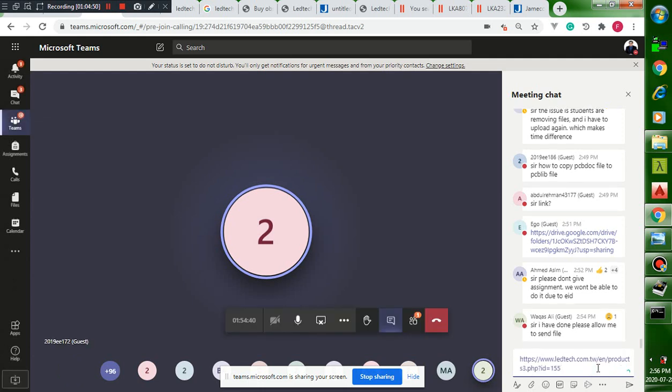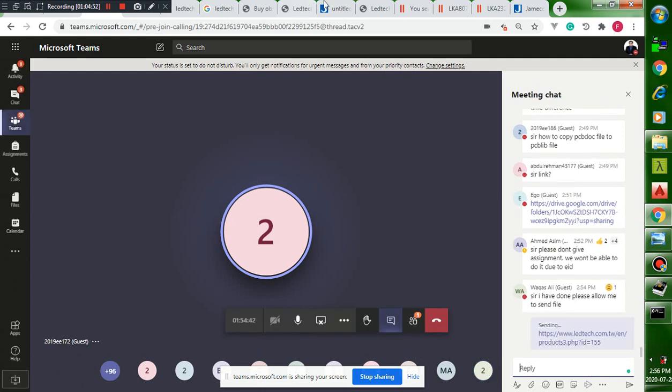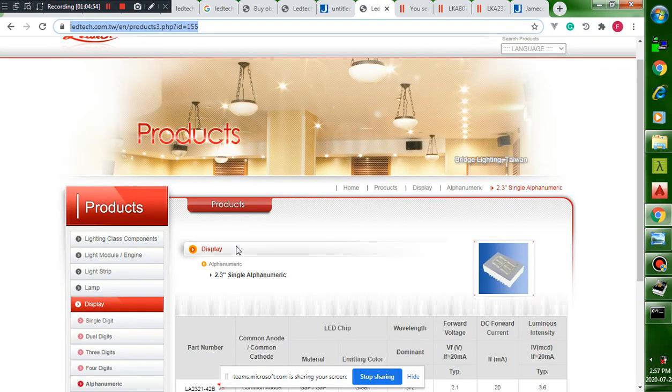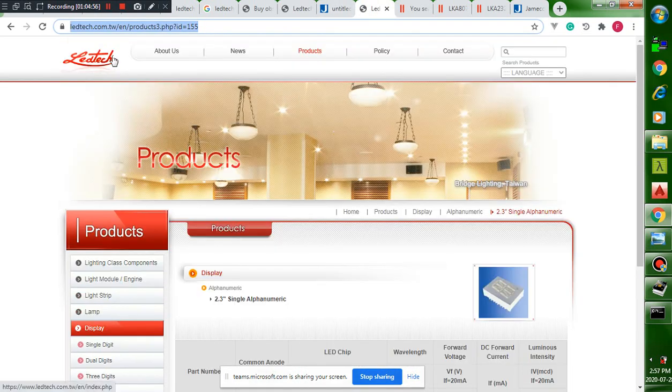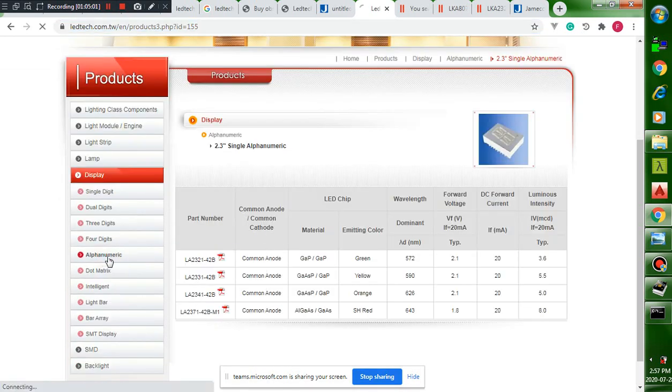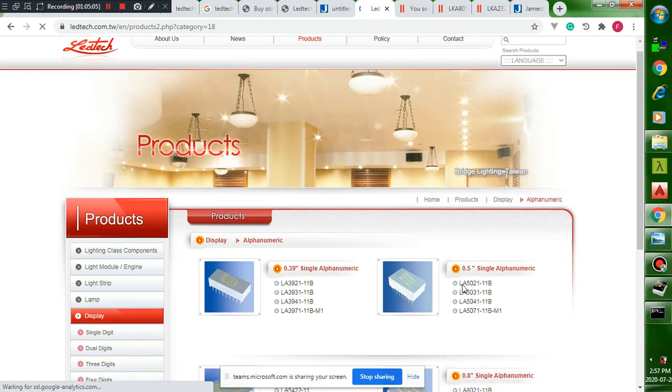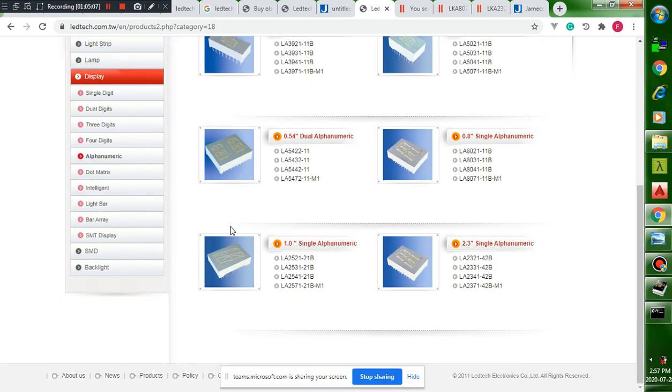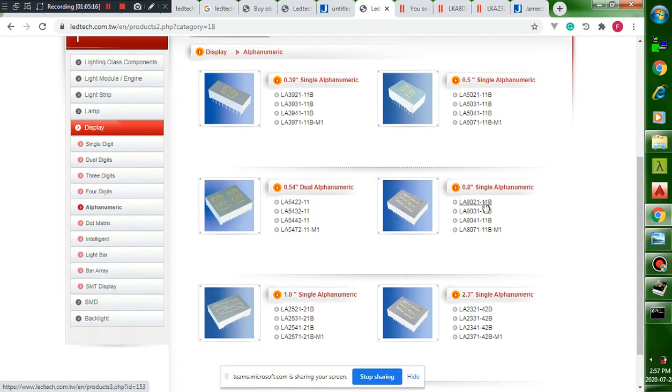If any one of you can find it, because this is not available in this link, as you can see, this is the website of LED Tech. It's a UK based company, also based in China. So it has alphanumeric displays, but not the exact one which I have physically at present. I will upload it maybe by this evening or by tomorrow. The dimensions will be similar to the one I am holding in my hand at present, which has a digit size of approximately